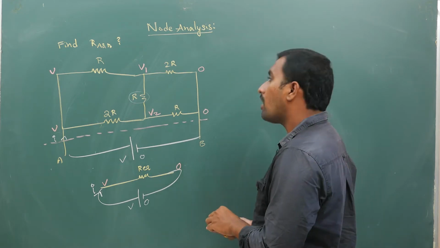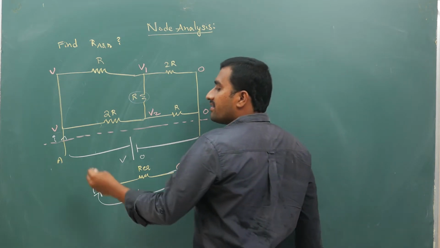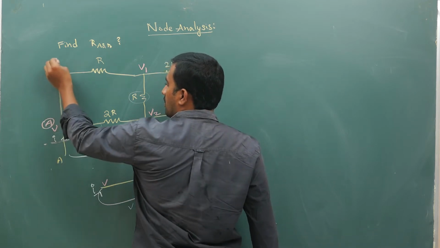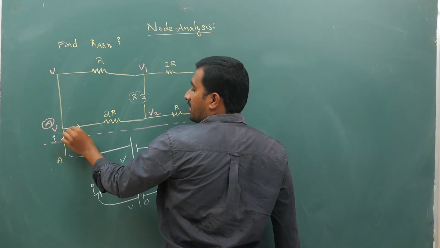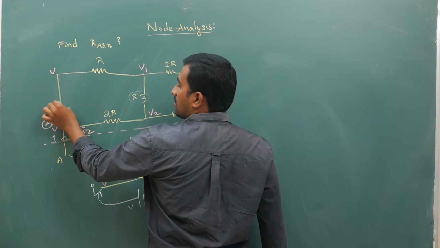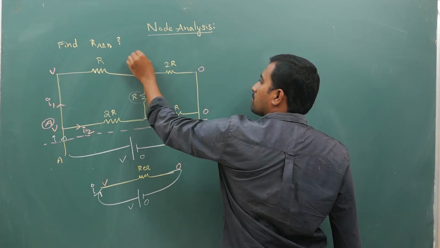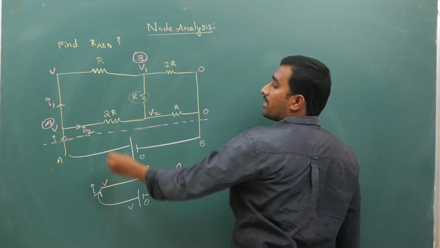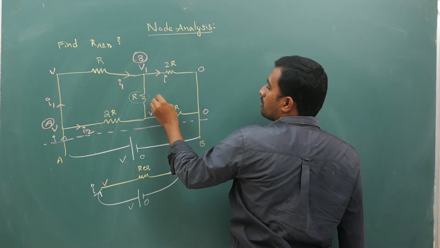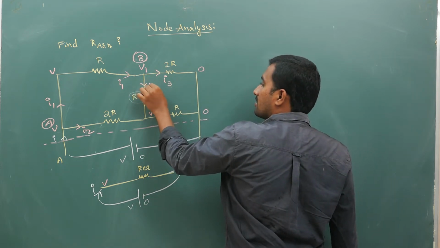Now what we are going to do is called node analysis. So first I will identify the nodes. Let us say it is node A here. Here current is splitting into two parts. Let us say it is some I2 here, I1 here. Next, this is not a node, this point is a node. So here you are getting I1 current like this. Let us say it is splitting into some I3 and I4 like this.